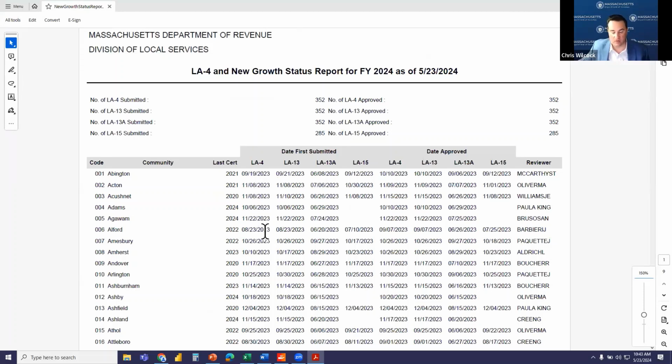Sometimes you want to find out how many communities have submitted, what are certain timelines, who's assigned to things. So this growth report will tell you the average time it takes for different forms to go from first submitted to date approved. So if you're going through, and especially during your busy season, you might be getting some pressure to say, when are the forms approved? Like, what's happening out there? You can actively go through and see